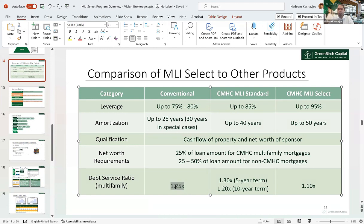1.25 is what is typical for typical mortgages. And remember, you have a 25-year amortization, which means the mortgage payment is higher. When you increase your amortization, your mortgage payment comes down. And so the 1.1 is actually much lower, and you have a high amortization that reduces your mortgage